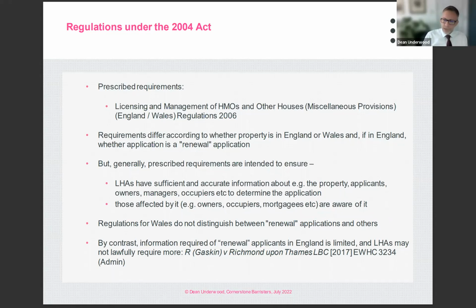Now, regulations made for the purposes of Wales do not distinguish between renewal applications and other types of applications. So applicants requiring a license for a property in Wales are required to provide all of the information prescribed by the 2006 regulations in any second or subsequent application in the same way as they did in their first. By contrast, the information required of renewal applicants in England is limited, and an authority cannot lawfully require them to